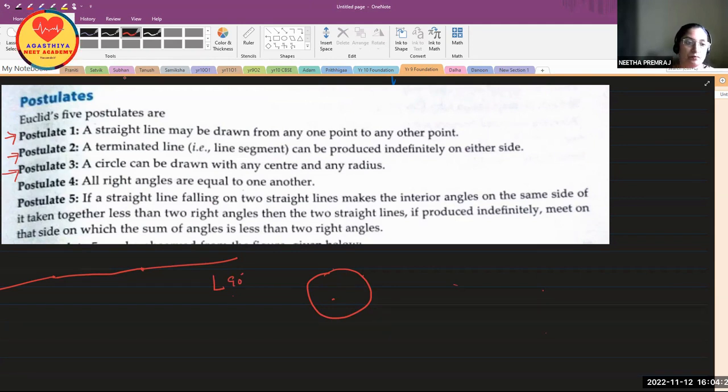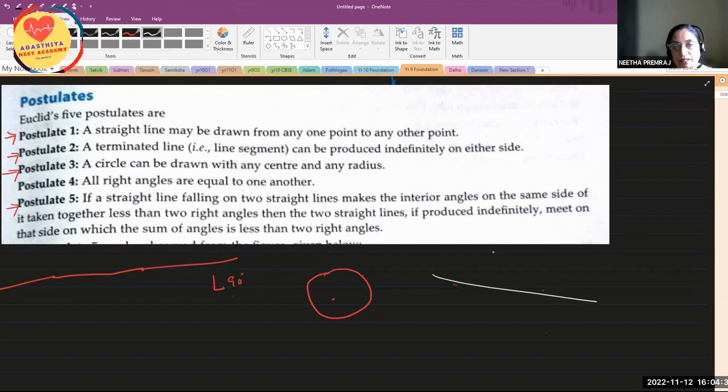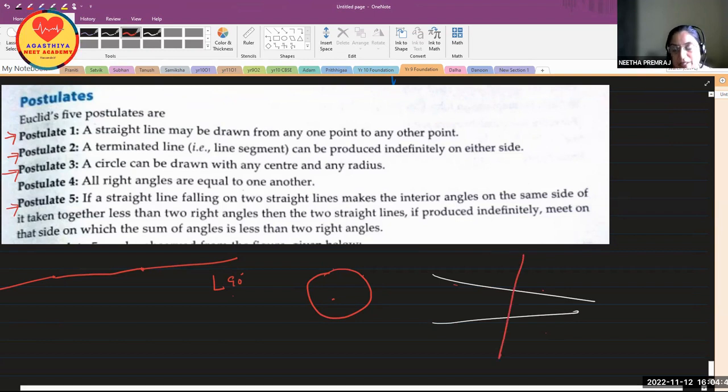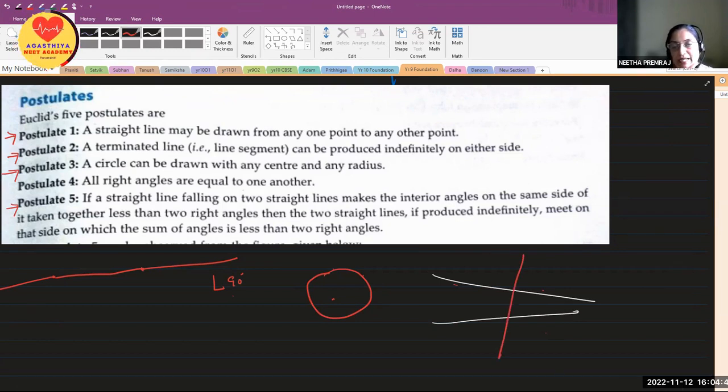That's it. Postulate 5. If a straight line falls on two straight lines, see, there are two straight lines. This is one straight line. This is another straight line. There is one straight line falling on these two straight lines. Okay. L3 falling on L1 and L2. That means if a straight line, that is L3, falls on two straight lines, that is L1 and L2, and makes the interior angles on the same side